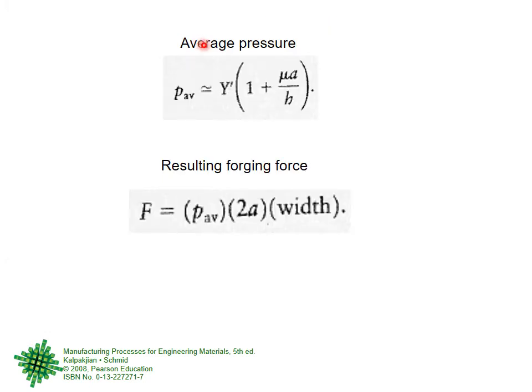Average pressure. You see, we just showed you that pressure in the middle is high, and as you go towards the end of the slab, then the pressure reduces. But then it will be very tough, that you see pressure at different points is different. It is just like a stress, if you remember. When you were doing a stress for the first time, then a stress on the whole surface of the material is slightly varying. So you take the average stress over the whole surface, and then you solve everything based on that average stress,